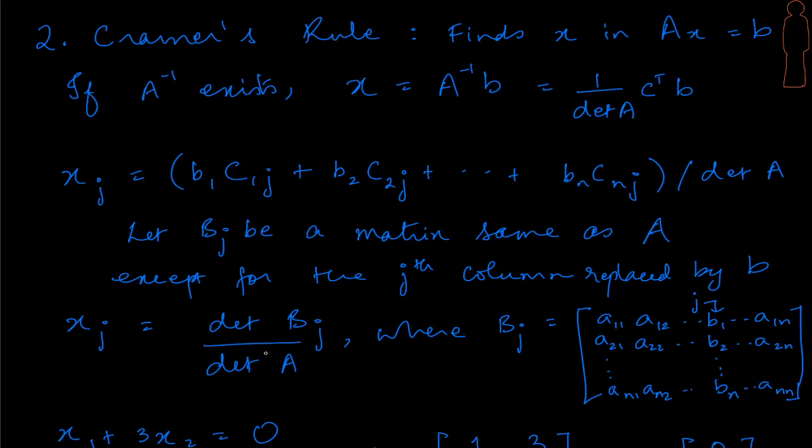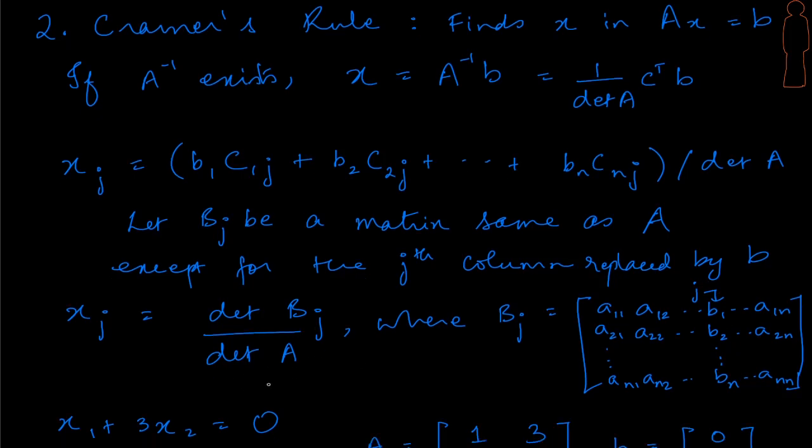And therefore this is the famous Cramer's rule, and it tells us that if you want to find the solution directly, you really don't have to do elimination. All that you need to do is take the same matrix, replace the jth column by the B vector, find its determinant and divide it by the determinant of A. Fantastic. Right, so let's take a simple example and see if this really works.